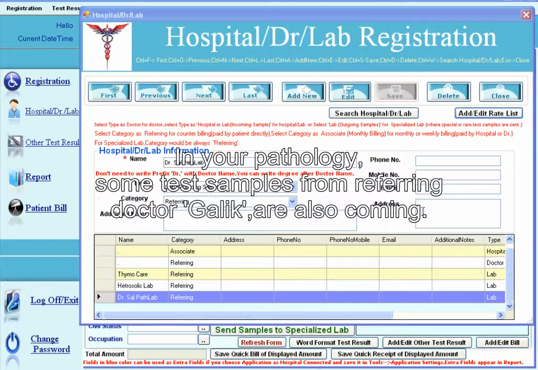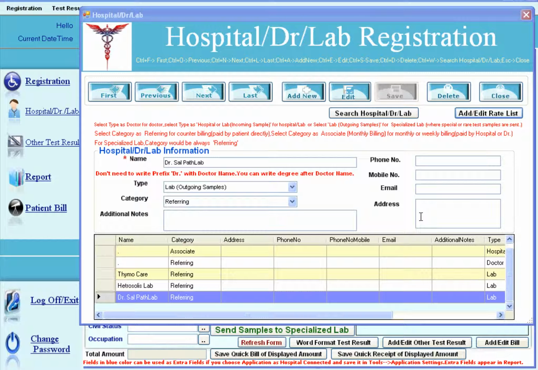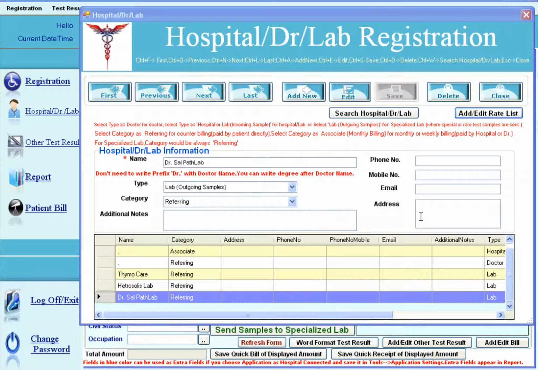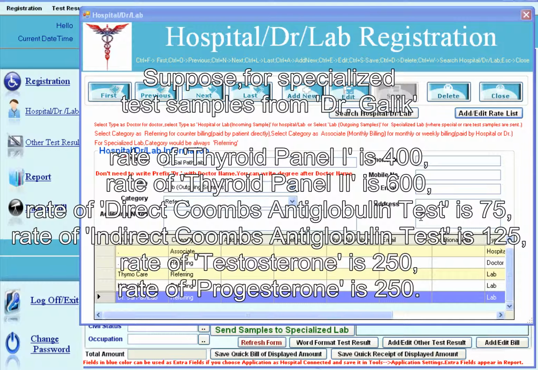In your pathology, some test samples from referring Dr. Galik are also coming. You are charging less for specialized test samples from Dr. Galik. Suppose for specialized test samples from Dr. Galik,